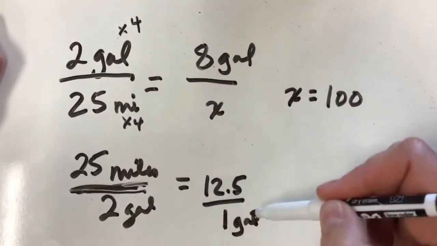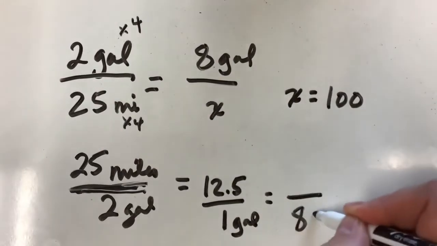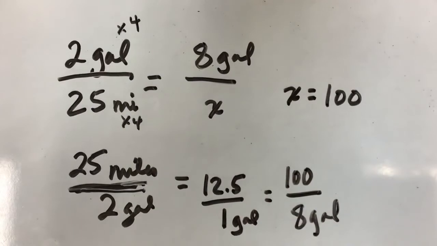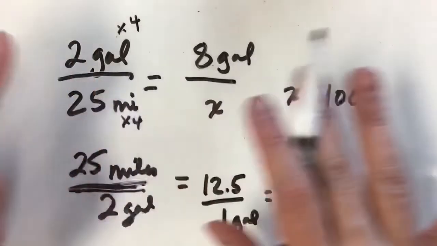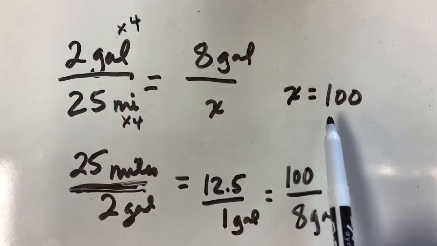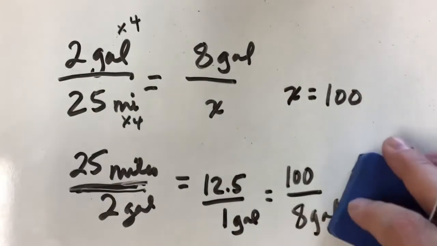That's our unit rate. And so then we could go ahead and turn that into 8 gallons, which of course, 25 times 8 is 100. So there are different ways to do this, but it's all the same thing. But can you see how those ratios help us to figure it out? Okay, so that's kind of what this week's math is a little bit about, but we're going to go a